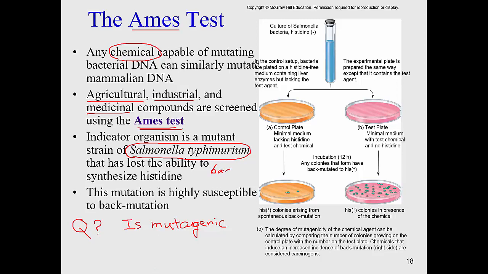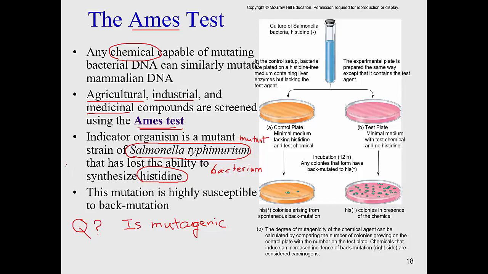So you all know that this is a bacterium, and this is not a normal Salmonella. It itself is a very strange mutated Salmonella. So we do not use a normal Salmonella. We use a mutant Salmonella. What kind of mutation does it have? It has lost the ability to make